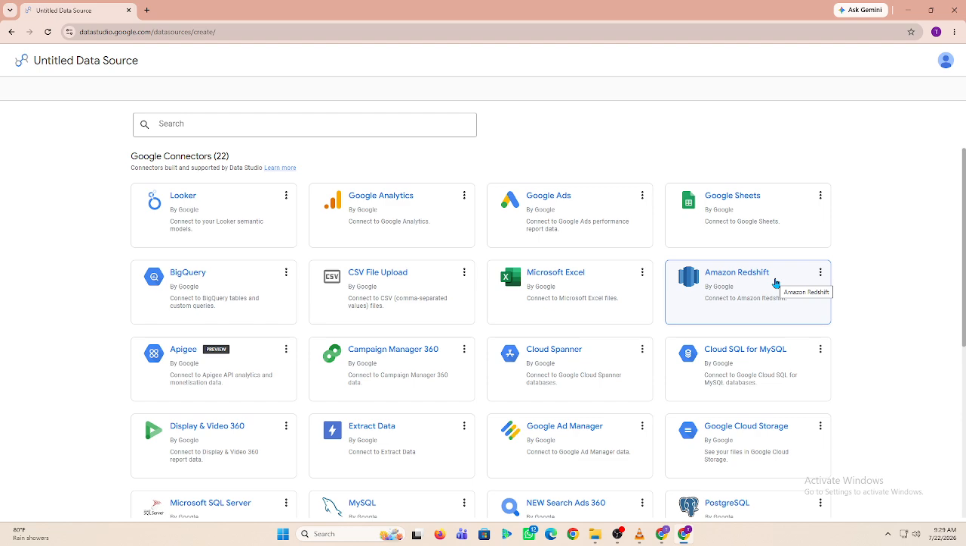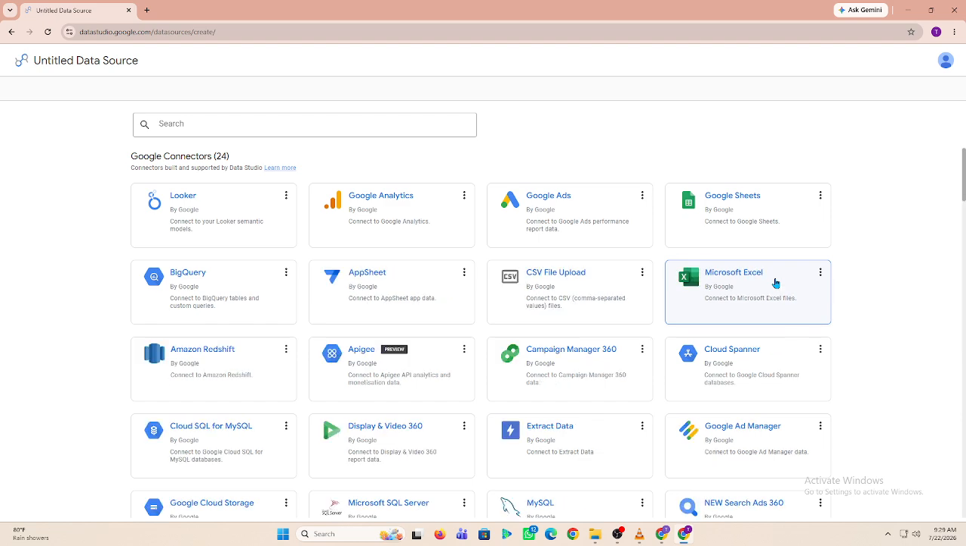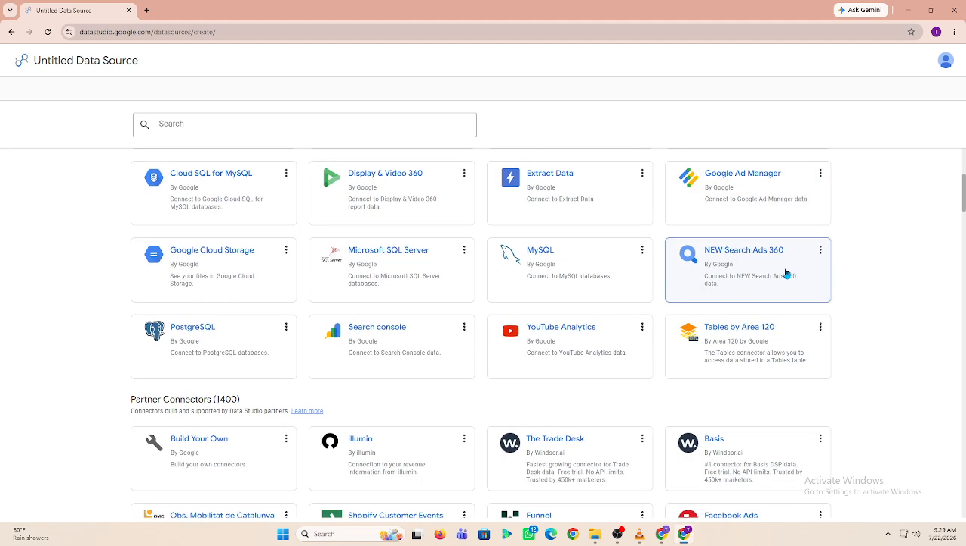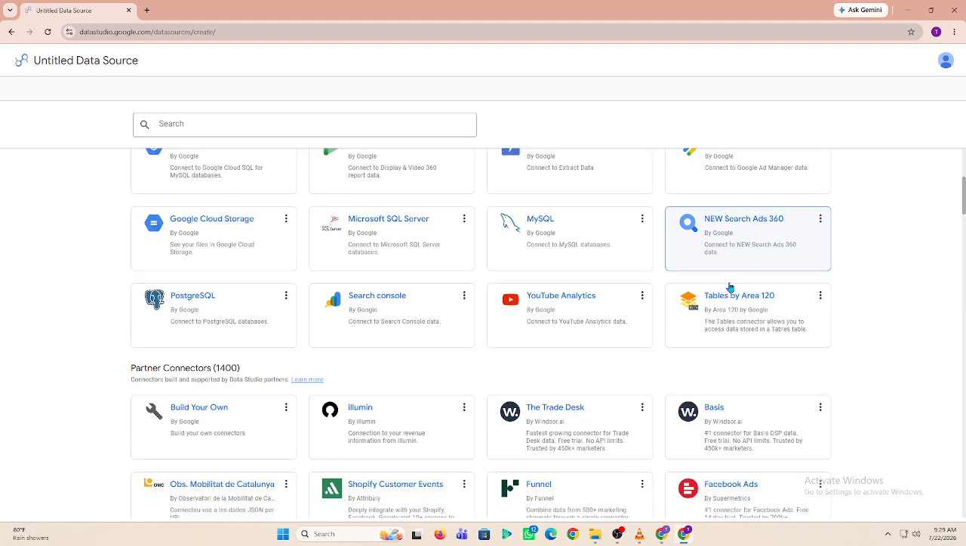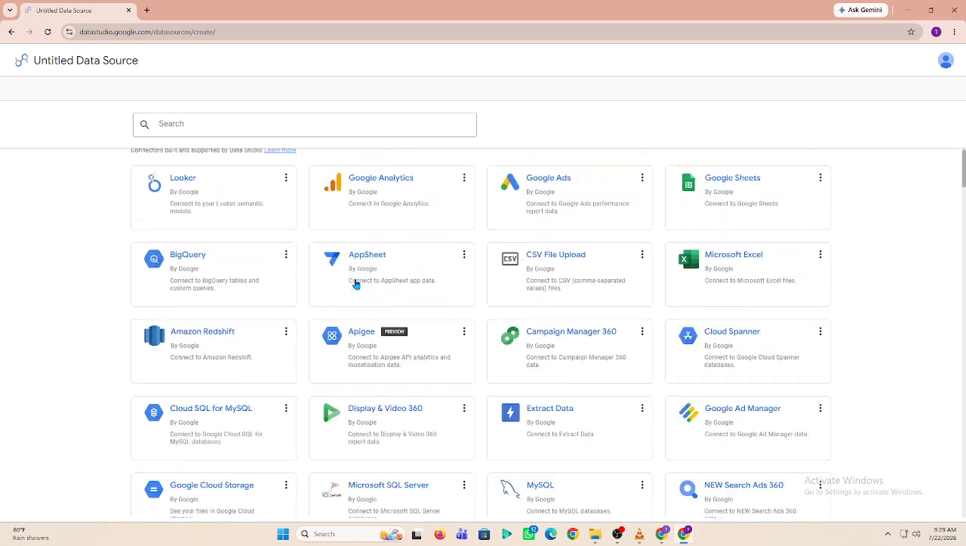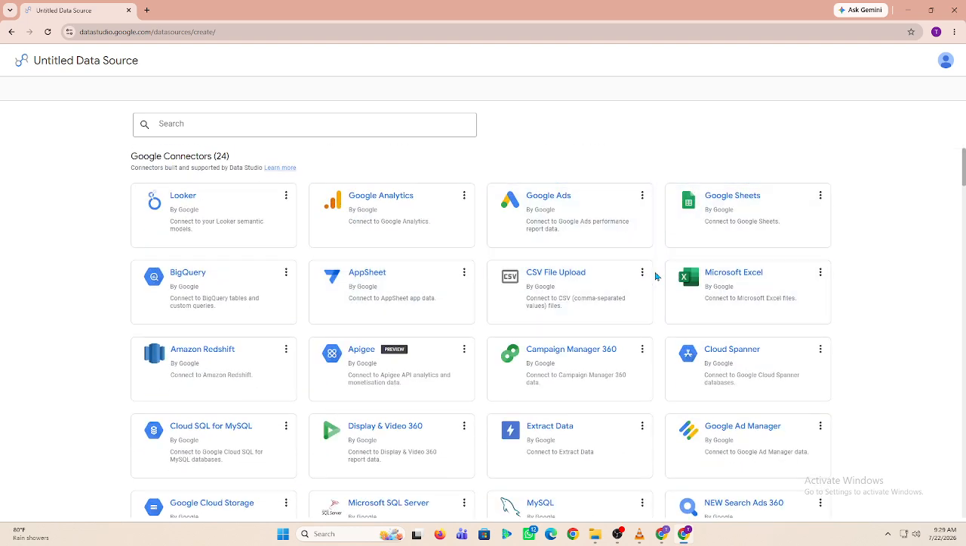Now add charts, tables, and scorecards to visualize your SEO data. Use graphs to track trends and tables to analyze keywords and pages. You can also add date range controls and filters so you can compare different time periods or focus on specific pages and queries. Customize your report layout by adding titles, sections, and branding elements to make it professional and easy